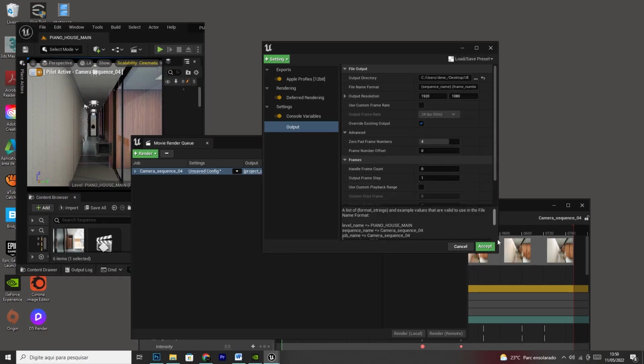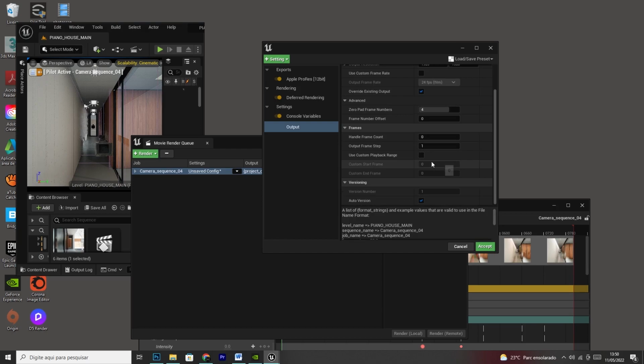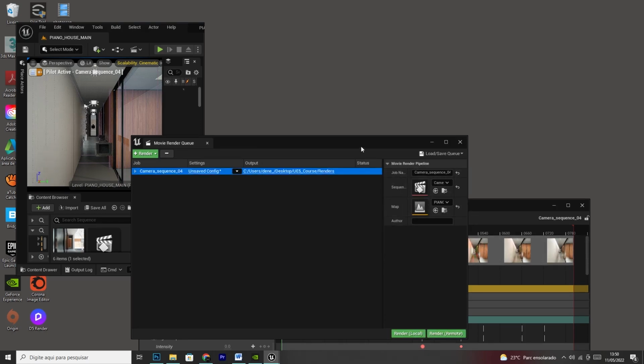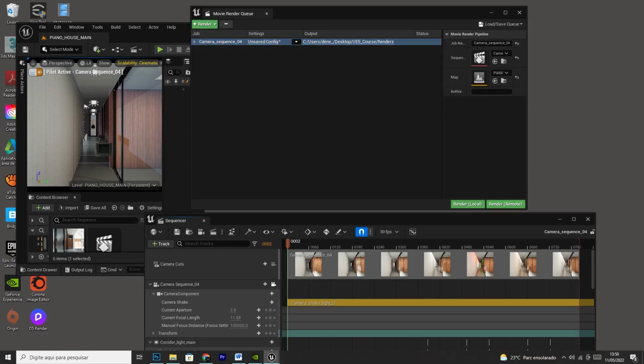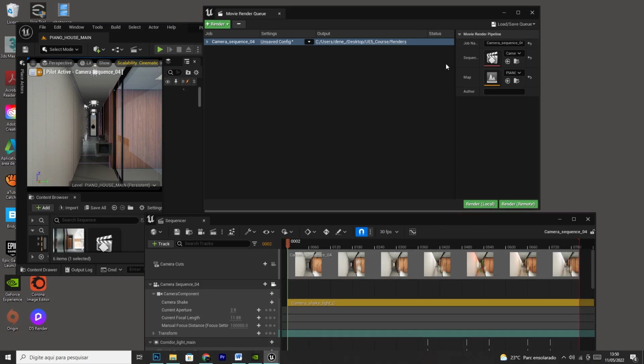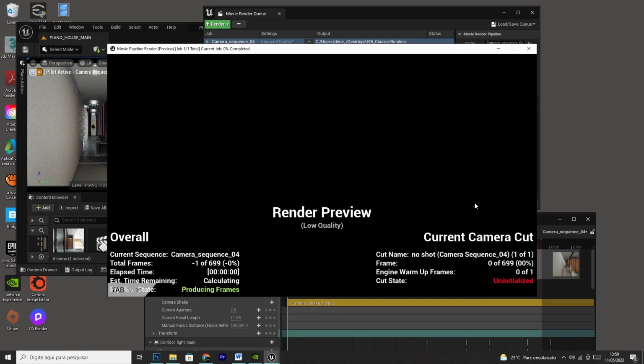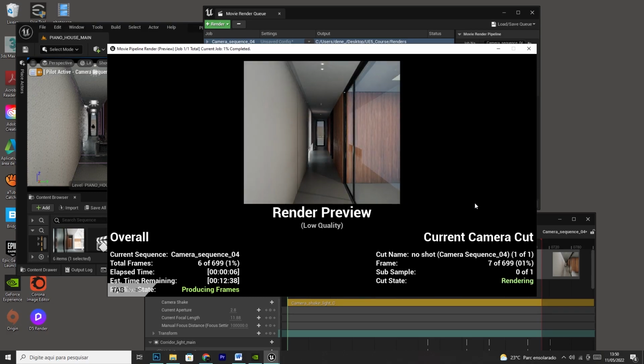Okay, let's see. Here 1 until 700. Okay, let me see if there is something open. Okay, let's see if it's not going to crash Unreal. If Unreal crashes, we can decrease to 160. Look, nice. Yeah, it has rendered. Nice. So this way,